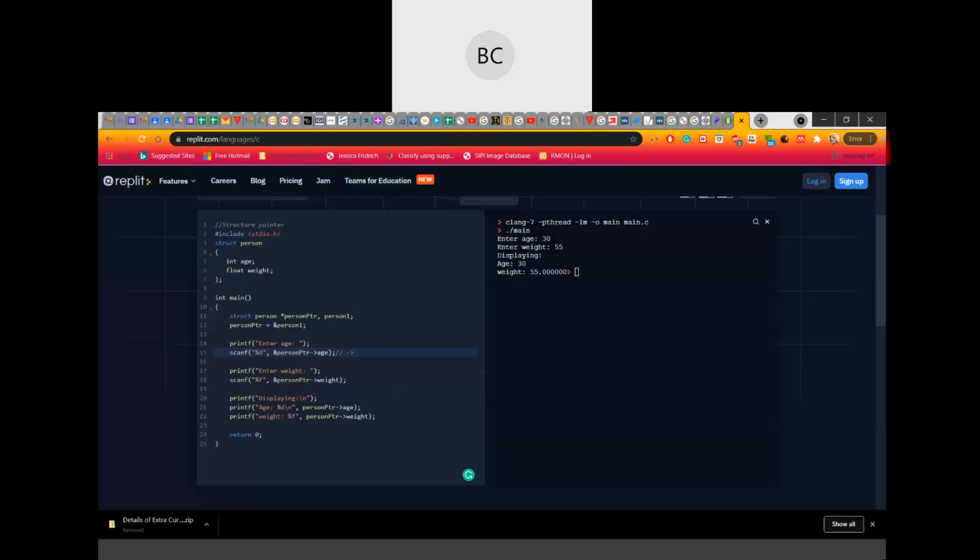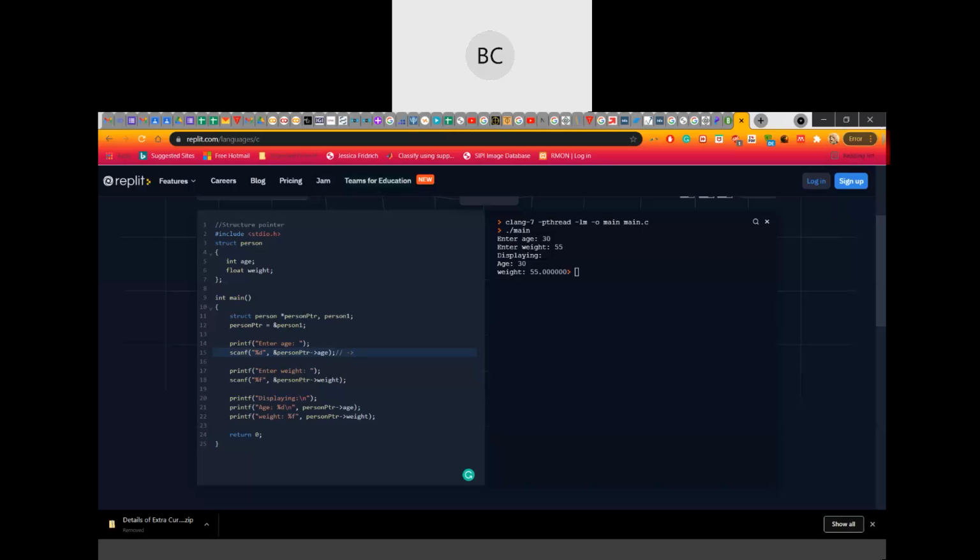Using a variable, we can store just one value. Using an array, we can store many values. It does not have any limit. How many values you can store in an array, there is no limit for it. Sometimes it will depend on your compiler, but theoretically, there is no limit to how many values you can store in an array.